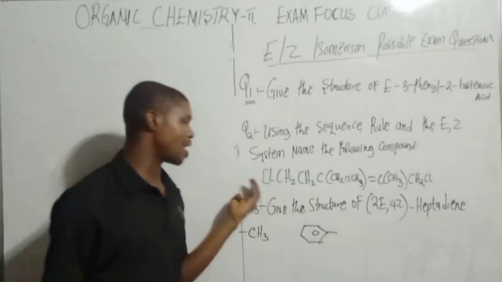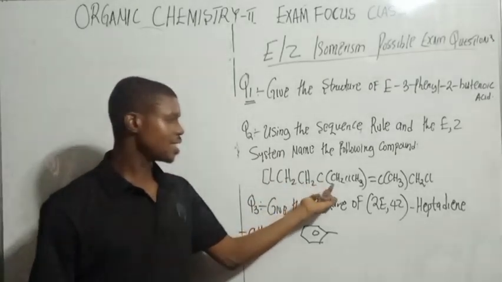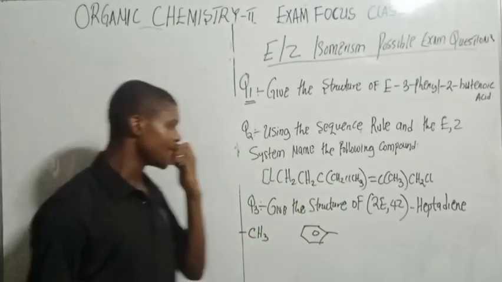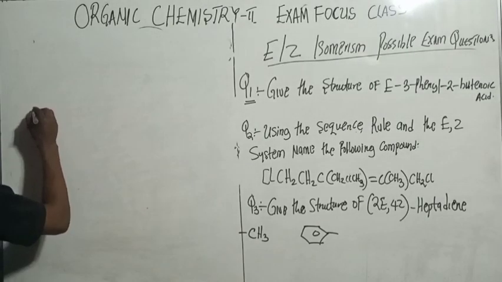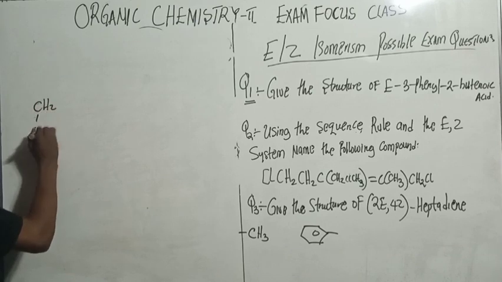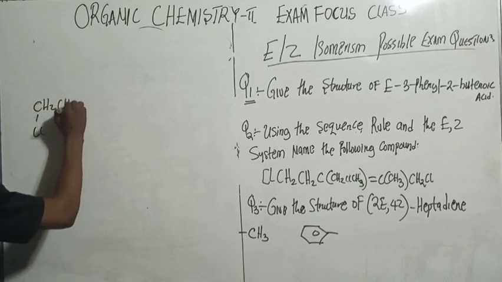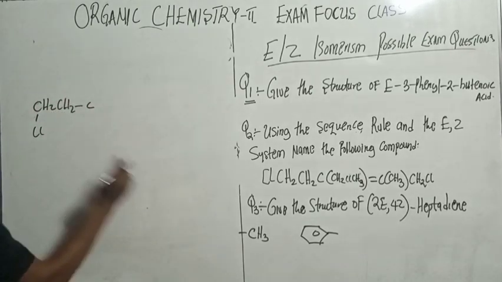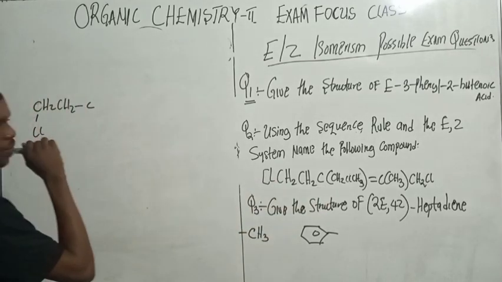Let me write here: Cl, CH2, CH2, C. They have CH2, Cl, CH3. It means that on this carbon here we have Cl, that is CH2Cl. Here we have CH2, C. Now this one here we have